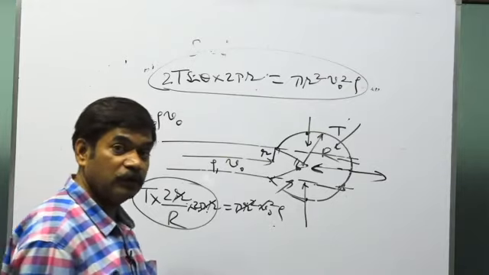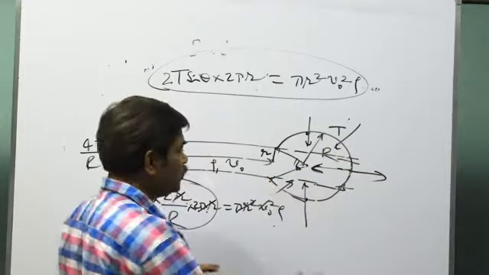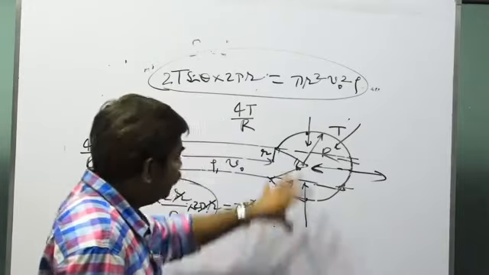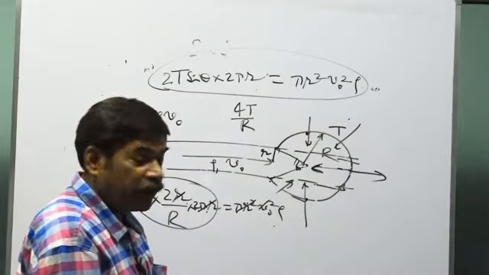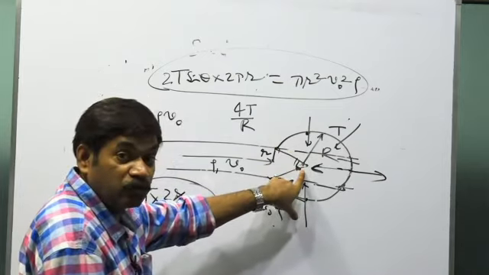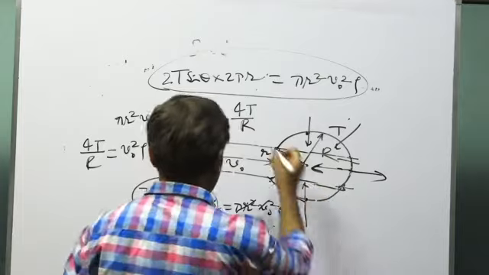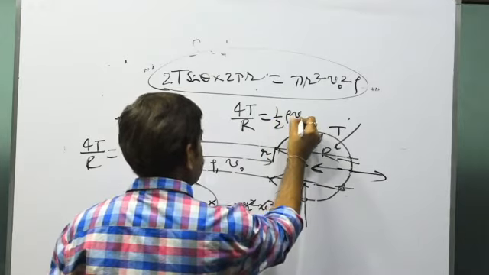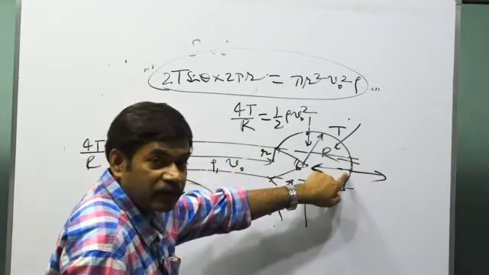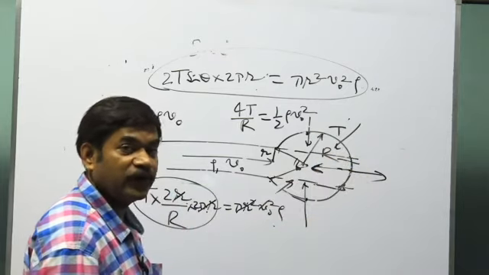The other solution is what? The pressure difference generated from the surface tension of the liquid is how much? It's 4T by R. This is the pressure difference generated by the surface tension of the film. And what will be the pressure generated by Bernoulli's theorem? The pressure generated by this air which is flowing with the velocity V naught will be equal to half rho V naught square. Means what? When this kinetic head of half rho V naught square strikes here and comes to rest, that is converted into pressure head.